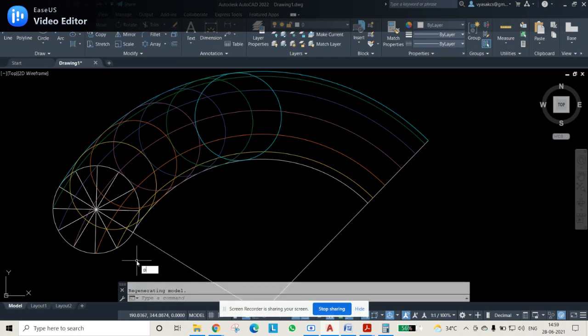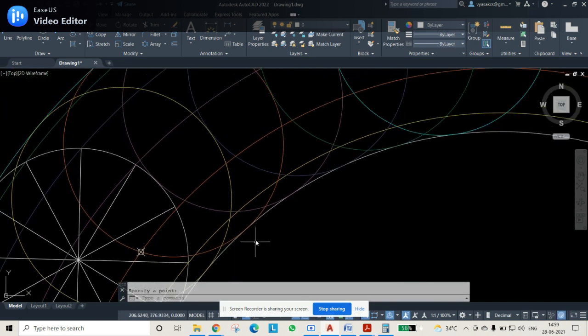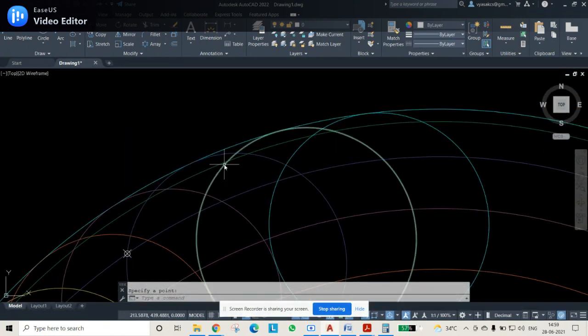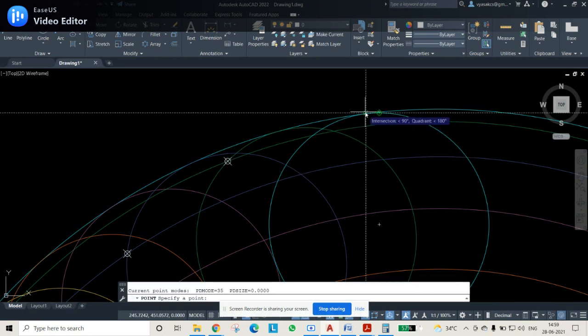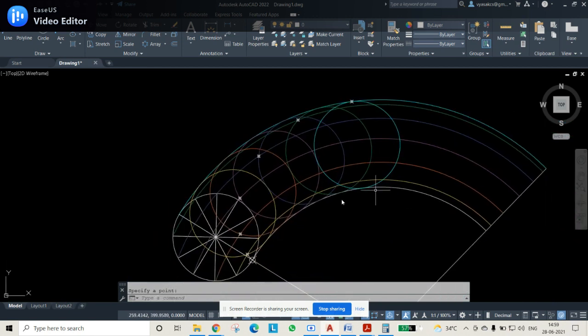Then select PO, enter. First point is always the base point, that is P point. After that select the point command again and go to the intersection point of yellow and yellow, that is first line and first circle, and second line and second circle, that is the combination points. Wherever the color is matching, you can select a point in that way. So here also the green point you can select. In the final case, you will be exactly obtaining it at a midpoint of the curve. So whatever the intersection point is there, that is nothing but a midpoint.